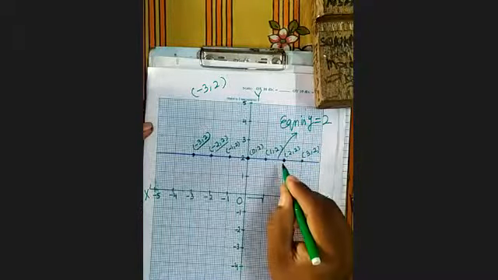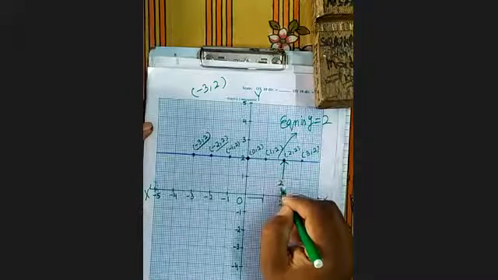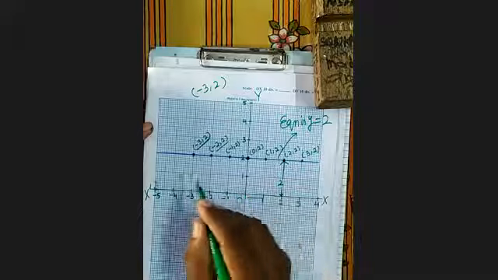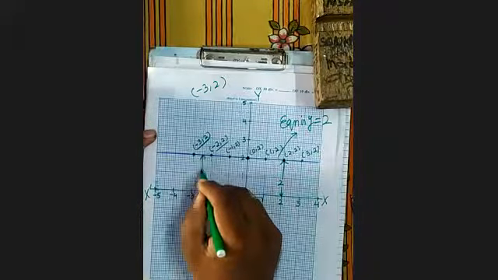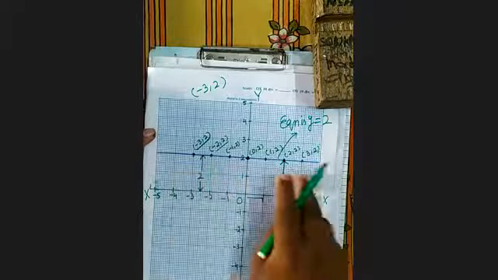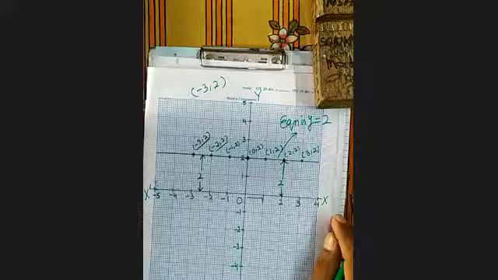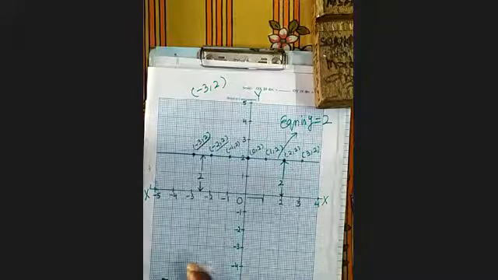And what is 2? 2 is this distance. This distance is 2. Therefore the equation is y equals 2. It's clear. Similarly, if you draw another line here,